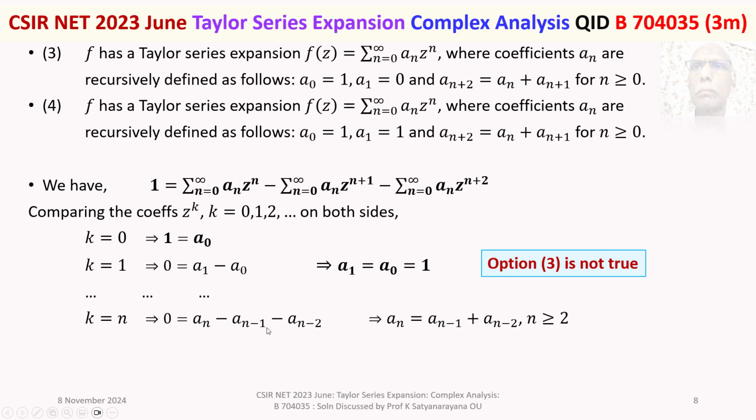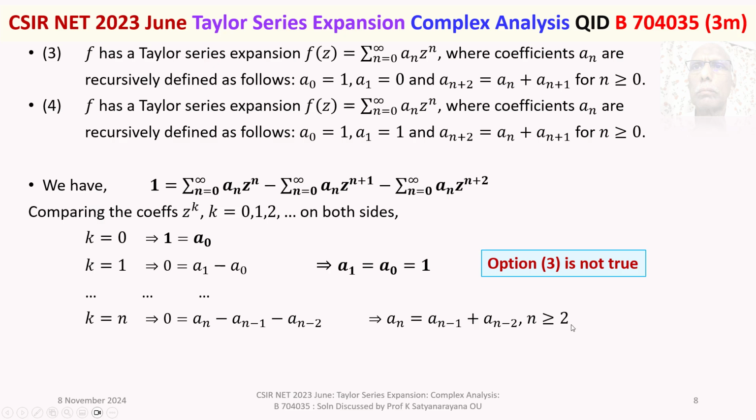So, a_(n-1), minus the coefficient of z to the power of n from the third sigma by taking n is equal to n minus 2. That is, the coefficient is a_(n-2). Thus, we got 0 is equal to a_n minus a_(n-1) minus a_(n-2). That will give you a_n is equal to a_(n-1) plus a_(n-2)